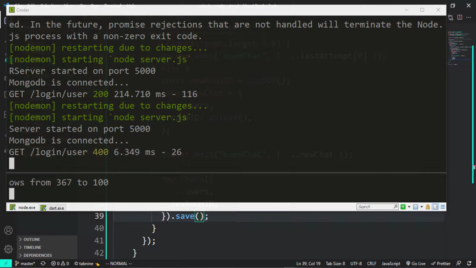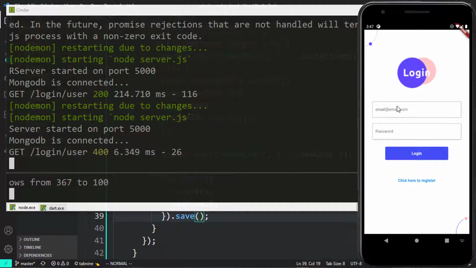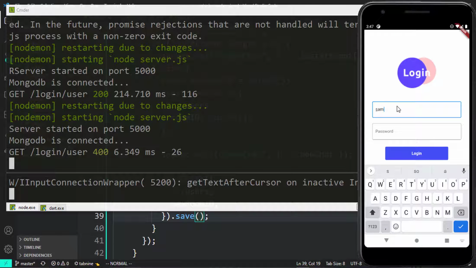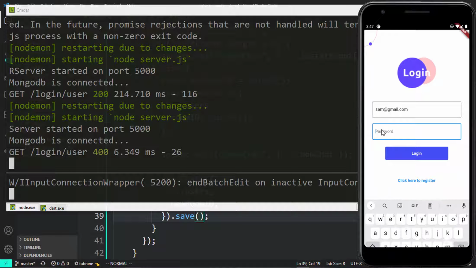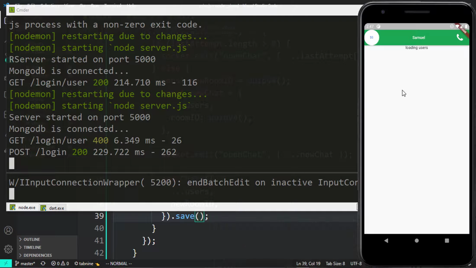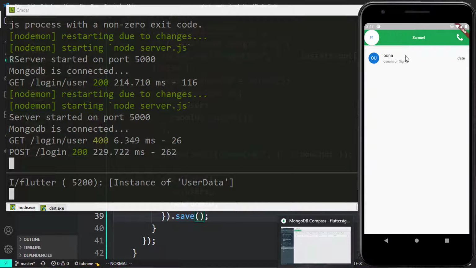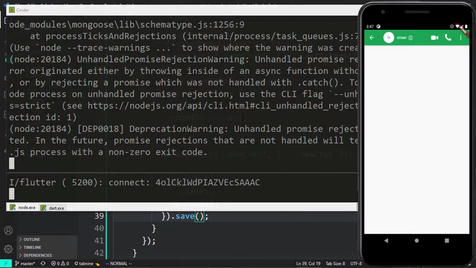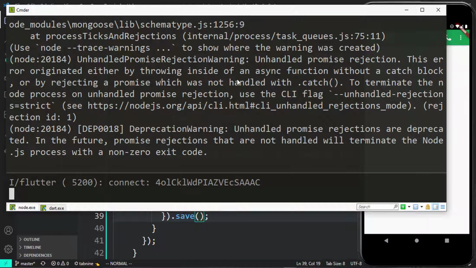So our user is logged out because we have done more than 1 hour. I'm going to log in again with sam@gmail.com, and I'm going to put the password quickly and log in this time around. And if we click on this user and check now in our Compass,